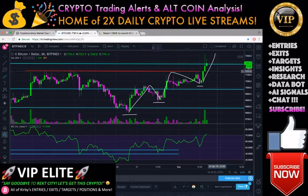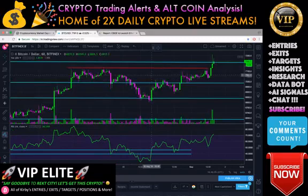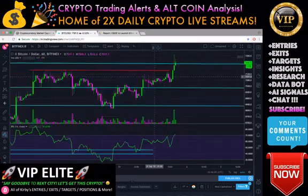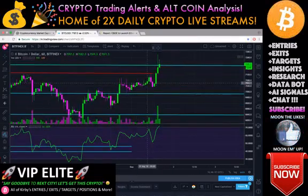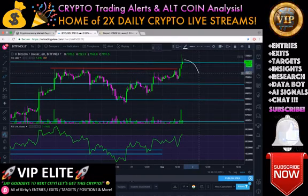Now, as far as bearish momentum would go, there are definitely factors that we have to take into consideration here, guys, as you don't want to necessarily get caught in a bull trap, right? So I'm going to outline some bearish factors as well here before we get back on the bullish sentiments and talk about targets. For the bearish perspective to come back into play, guys, we would need to see this whole rally just really crash down, guys, back below the 71.36 level and start to create lower lows, as opposed to